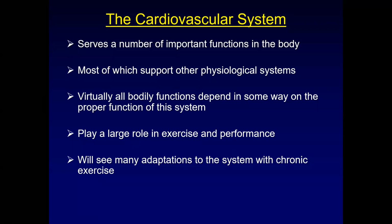So for our next couple of lectures, we're going to go away from the neuromuscular system and talk about the cardiovascular and the pulmonary systems. We're going to start off by doing some basic anatomy and some functional physiology on these systems. Then we'll stop, have our test, and come back and do more on how the cardiovascular and the pulmonary system